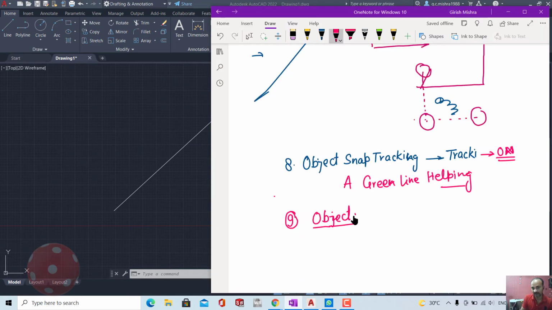It is called object snap, but in short we say O snap.